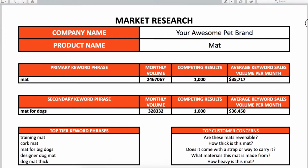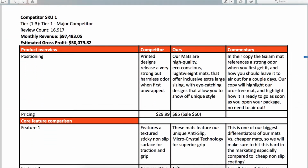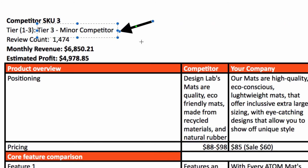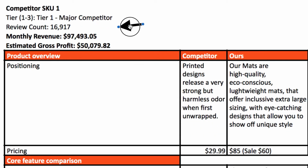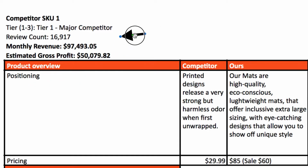Now, you'll want to do this in 3 tiers. The way we do it when we look at the competitive space is to look at 3 tiers: your top tier, your mid tier, and your bottom tier. Looking at these 3 competitors, we find out what the person who's just barely getting by on Amazon is doing, and then what the person who's really the winner in that space is doing. And this really helps you to know, first of all, what are realistic sales numbers? If I enter in, I can probably beat this guy on the bottom tier. I can hit the mid guy in a certain amount of time. And then the top tier is when we know we're really busting the top of the market for the brand